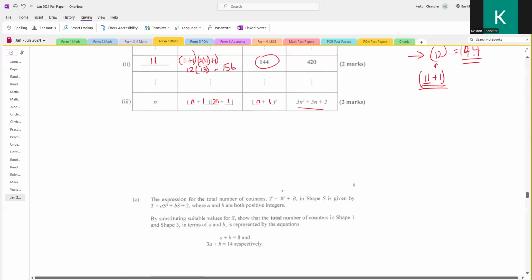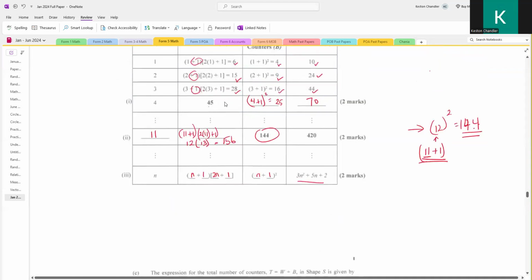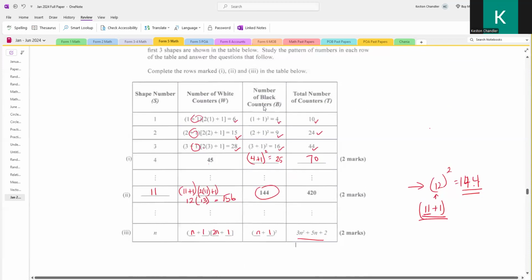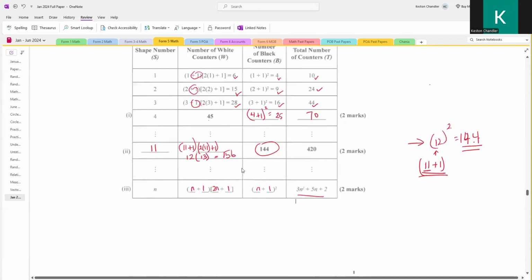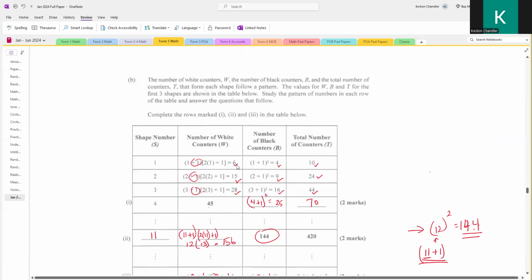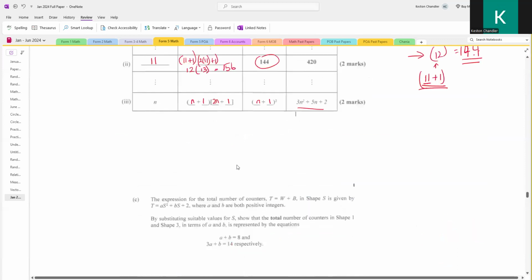Look at this. Total is white plus black. White plus black. So they're saying that show that A plus B is equal to 8. And 3A